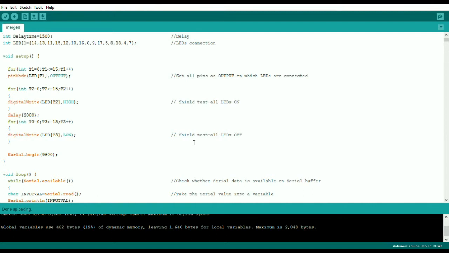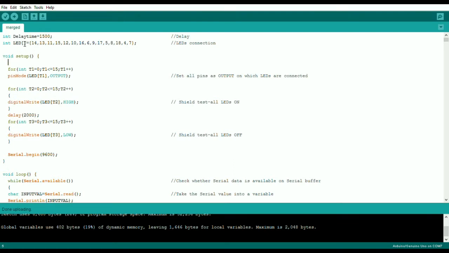Here is the sketch I have written to display different characters, whatever I write on the serial monitor of the Arduino IDE. So let's see one by one what this sketch does.